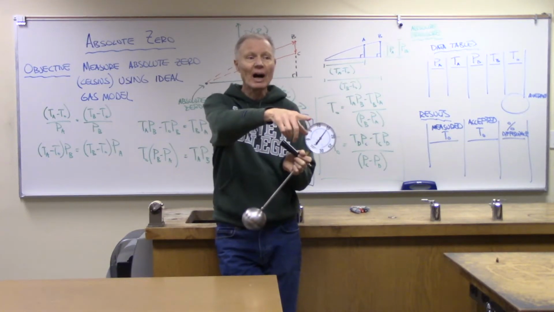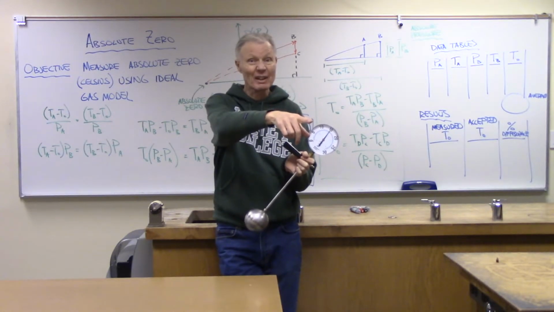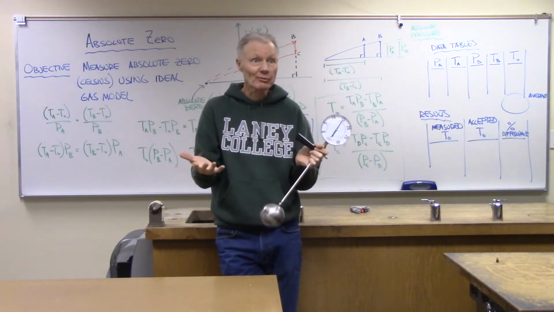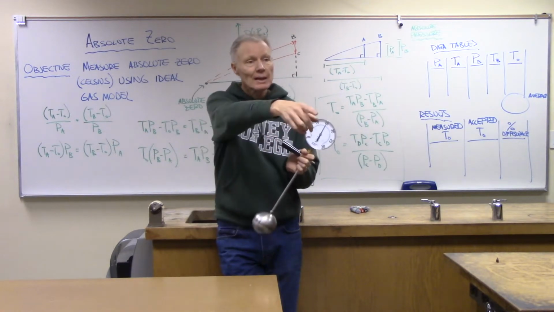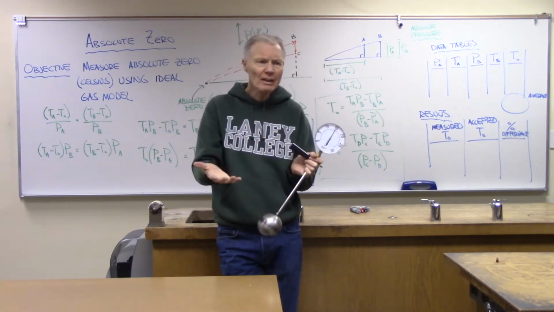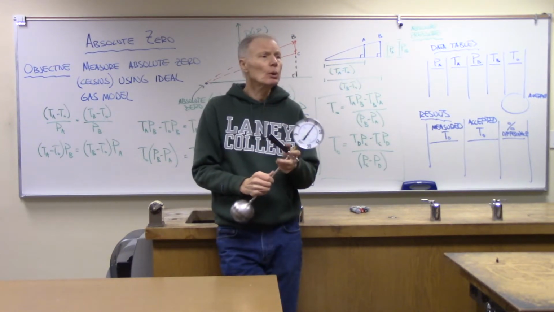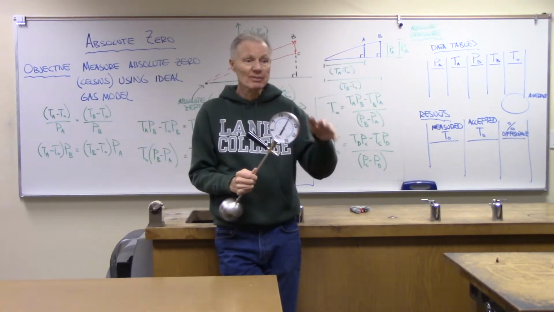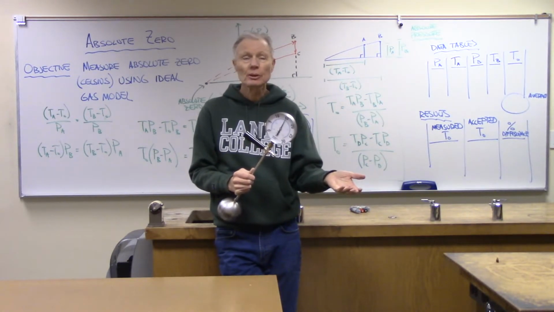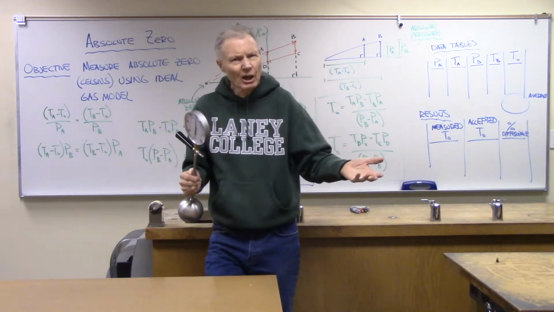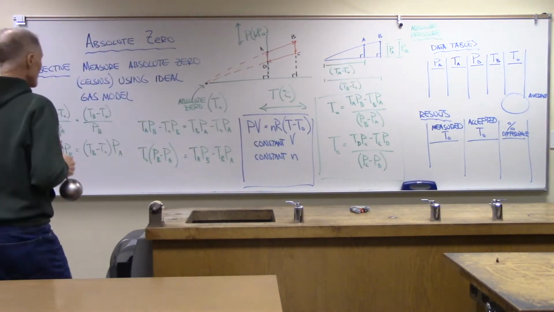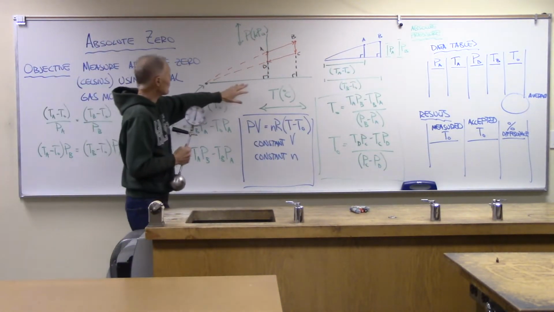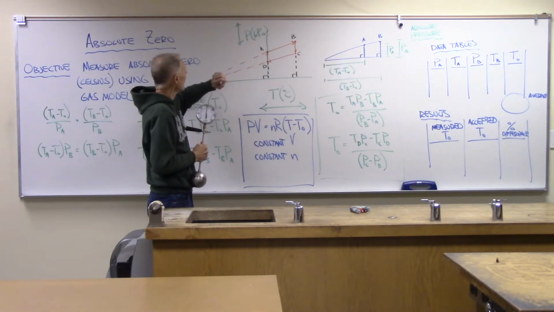And then I also have an ice bath getting ready. I got some ice actually brought in from home. I've been collecting ice, and I'm going to make an ice bath. So what we want is temperatures of somewhere around 0 Celsius and somewhere around 100 Celsius. And what that's going to provide for us on our scale here is, look, if I take a